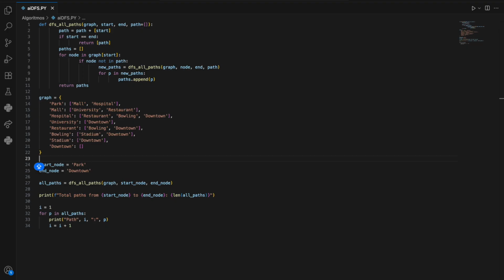What is DFS and why is it useful? DFS is a way to explore a graph. A graph is a set of places called nodes and connections between them, called edges. DFS goes as far as possible along one route, and when it cannot continue, it goes back and tries the